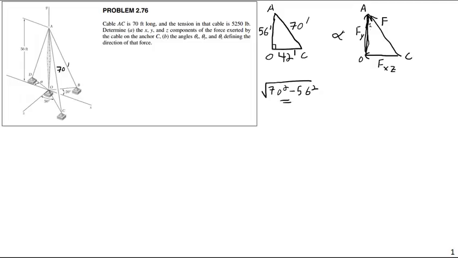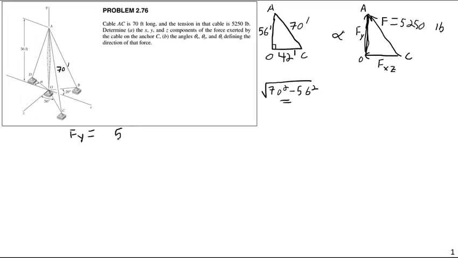Now we have the dimensions of our actual physical triangle, and I do know that F here has a magnitude of 5,250 pounds. And now I can simply use proportional triangles to solve for all of the other forces. So let's see here. I will know that Fy is going to be, if you work through your proportional triangles, you will see that Fy is going to